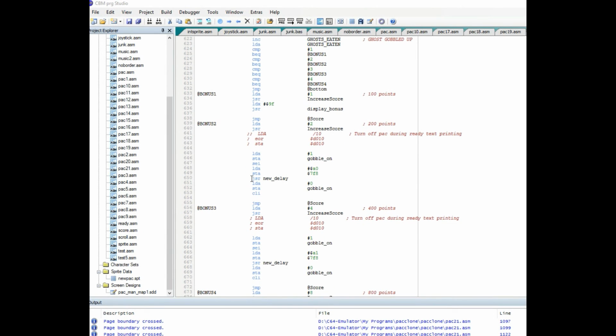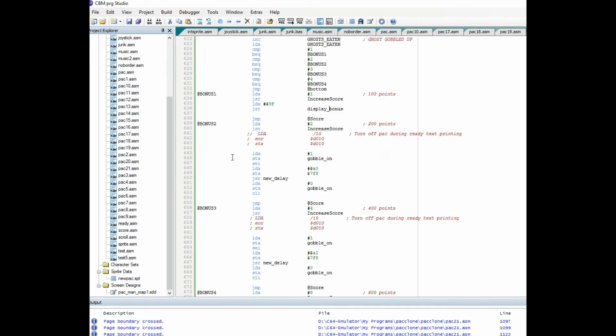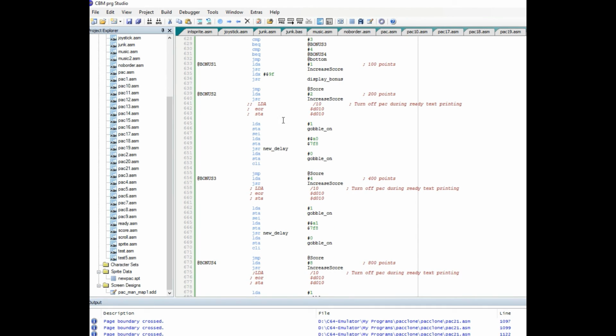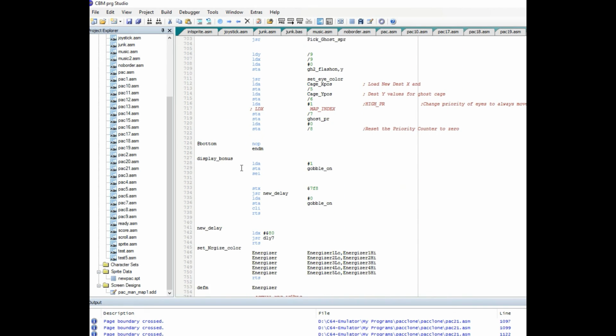Okay, here I am back after creating a quick little subroutine to display the bonus points. And I only did it in one of these, so I just essentially copied this and made that into a little routine, and that's at the bottom here, display bonus, so I pasted it here. You just pass down the value in the X register and store X at 7F8.